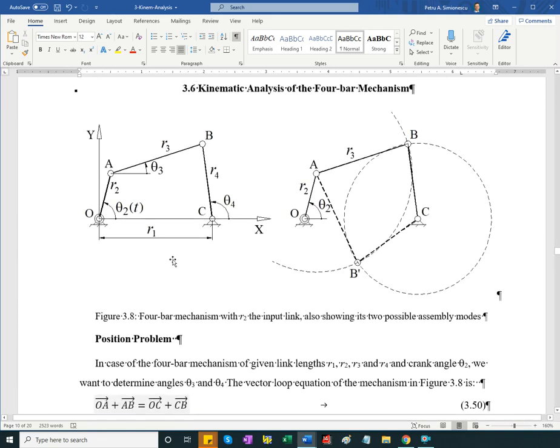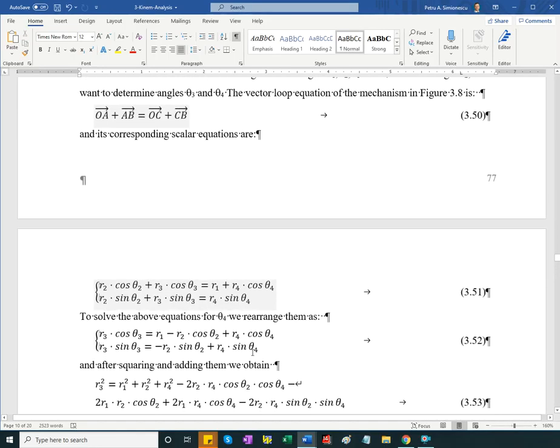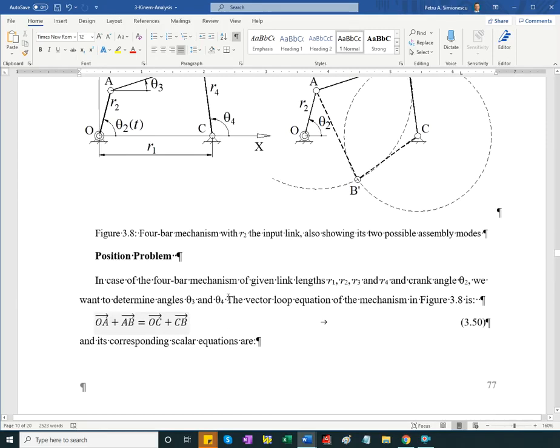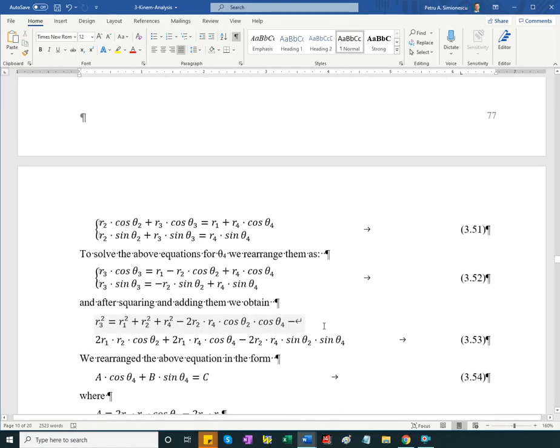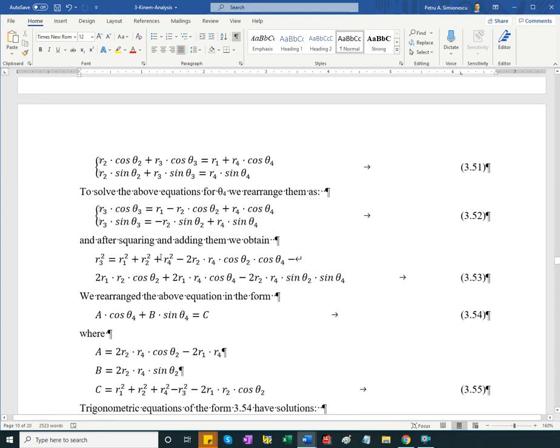And then project them on the X and Y axis, again choosing the angles as shown. X-axis projection will be all cosine, Y-axis projection will be all sine. Of course, OC vector does not project over the Y-axis, that's why it's just by itself R1 here. In order to solve it, we do the same. We separate on one side an unknown angle, theta 3 this time, and we square the two individual equations, and then we add them. Theta 3 disappears after summation, and so what we're left with is an equation like this one,